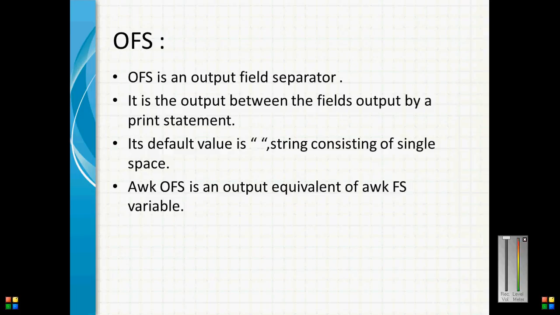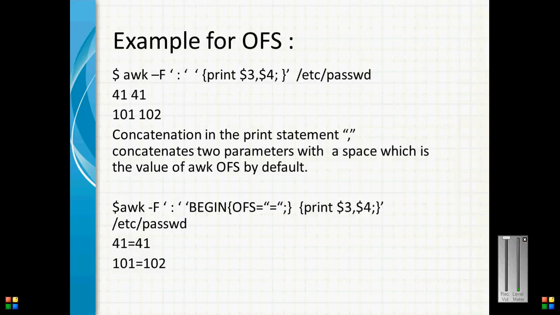OFS. OFS is the output field separator. It is the separator between the fields output by a print statement. Its default value is a string consisting of a single space. awk OFS is the output equivalent of the awk FS variable. Example for OFS: